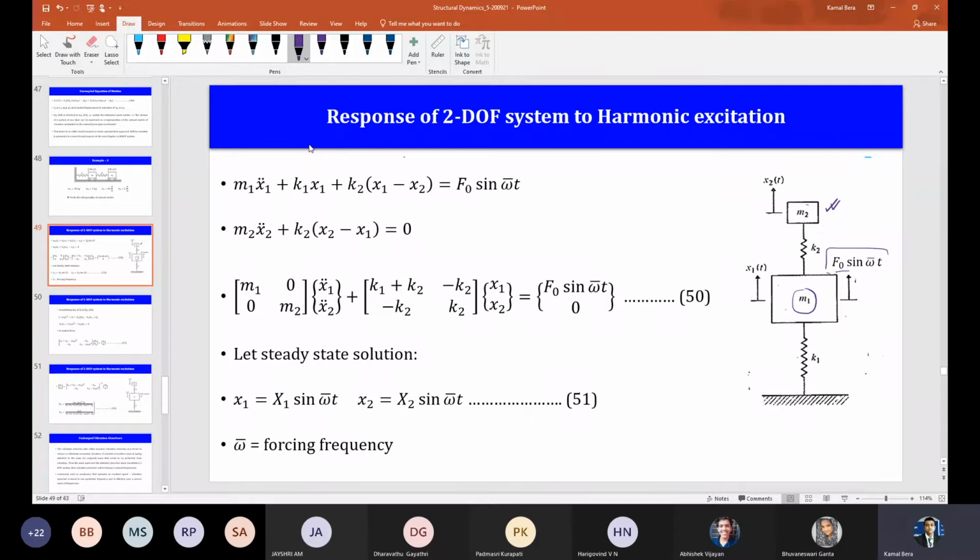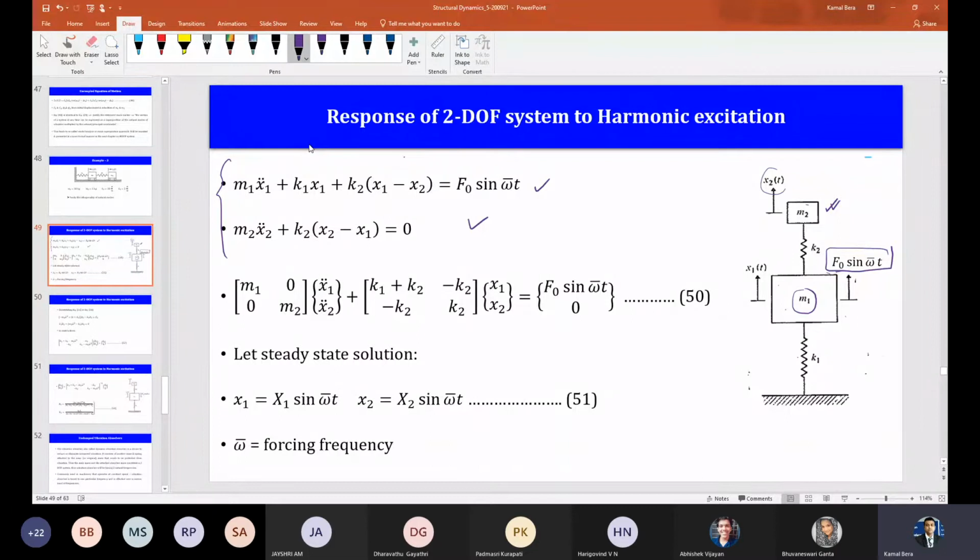The force is F naught sine omega bar t, where F naught is the amplitude of the force and omega bar is the forcing frequency or excitation frequency. K1 and K2 are the two springs. The responses of the masses m1 and m2 are x1(t) and x2(t) respectively. Now I can write the equations of motion. I can draw the free body diagrams and apply Newton's law or D'Alembert's principle, whichever you prefer,